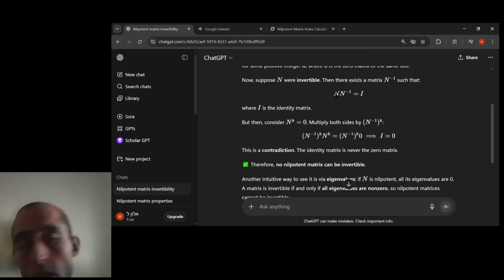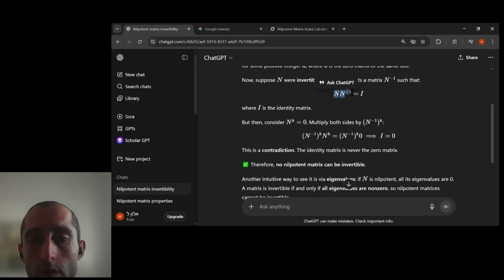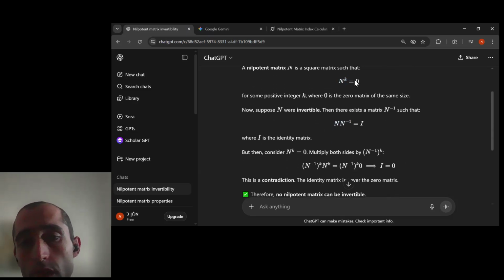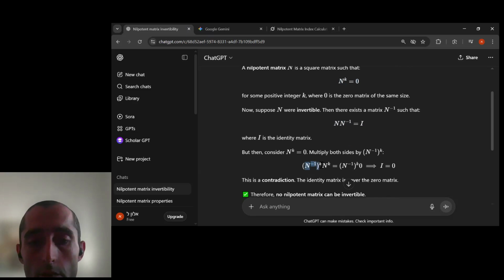So what ChatGPT said is that if you assume there is an inverse for a nilpotent matrix n, where n to the power of k is 0, then n times n inverse equals I. Then just raise it to the power of k, and you'll get n inverse to the k, and n to the k equals 0 times something, which is 0, but if you took this and raised it to the power of k,